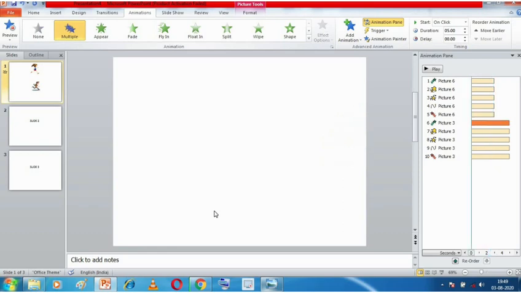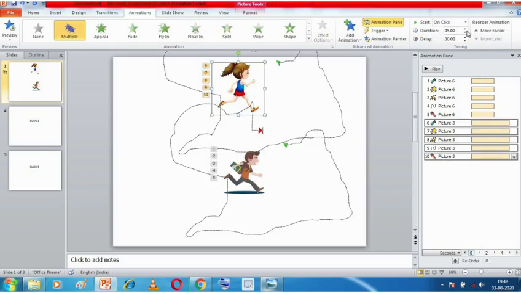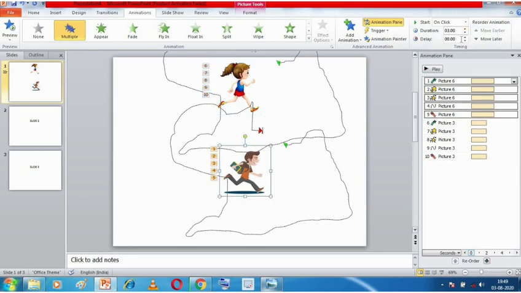But the second one will take 5 seconds because we have selected a duration of 5 seconds. So this one is happening more slowly. In this way, with the help of this Duration option, we can control the speed of our animation. I'll just keep it at 2 seconds, and for this also I'll keep it 2 seconds only, because this is happening very slowly. Now moving on to the next topic.